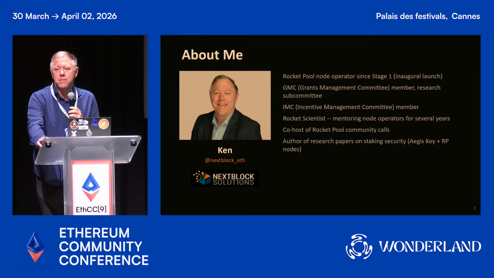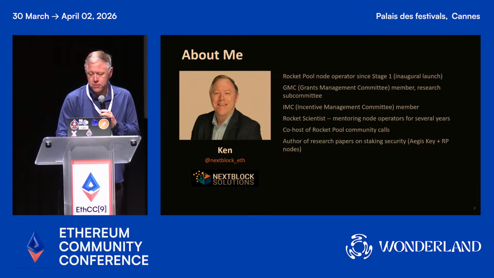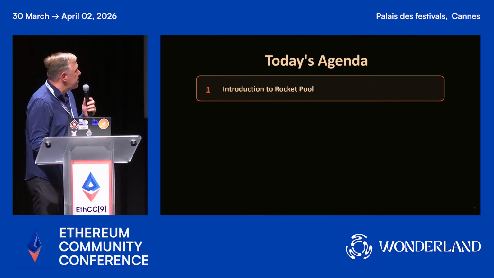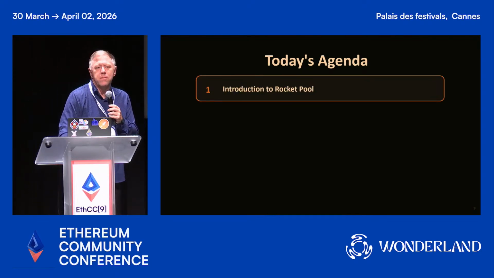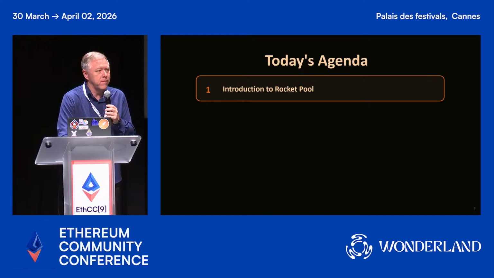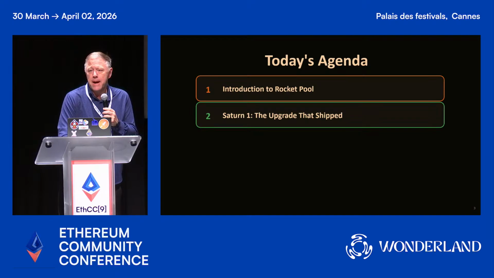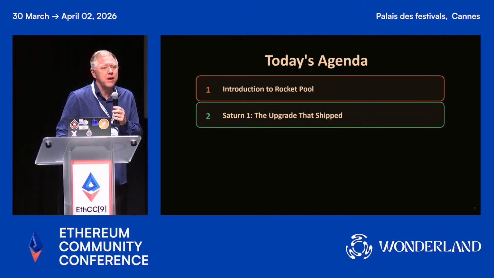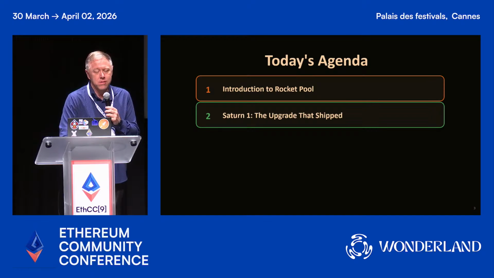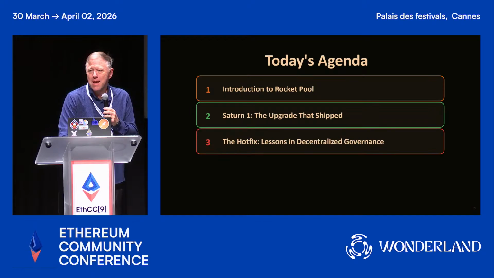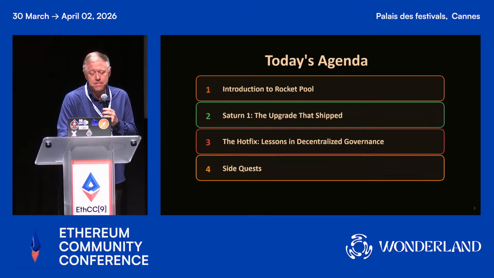And then I'll talk just a little bit about maybe some of the design thoughts of where it's going in the near future. So as I mentioned, because there might be some folks unfamiliar with Rocket Pool, I'll give you just a brief, quick introduction to it. I want to spend a little bit of time updating you on its recent upgrade that it had. It's called Saturn One. As the agenda might show here a little bit, there was a bug in that release, I guess, and it's kind of an interesting lessons learned story.